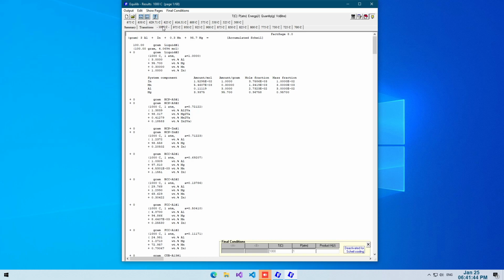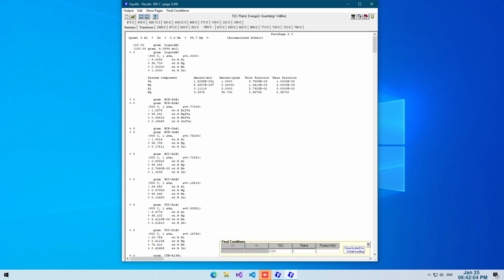We started with 1000 degrees Celsius, then we go by 25 degrees Celsius, and then we did the calculation at 975. Then we did the calculation at 950, then at 925, then at 900, and so on and so forth, till we solidified all of the liquid.